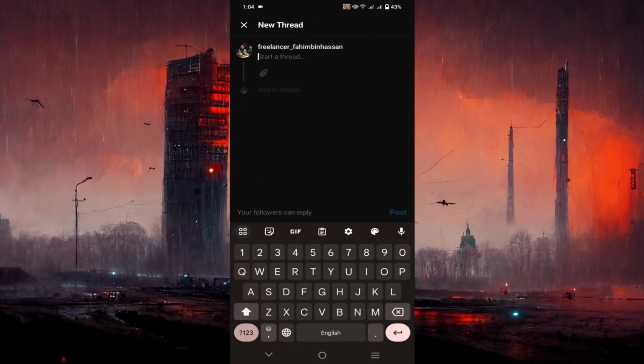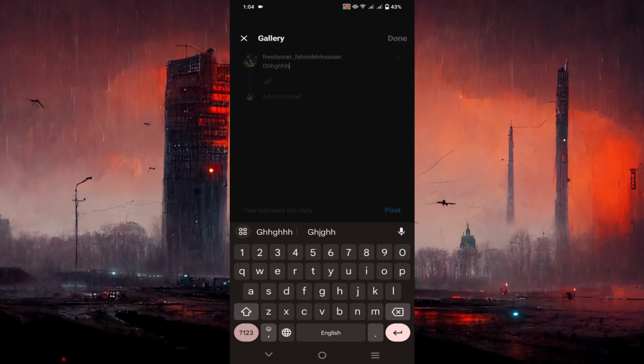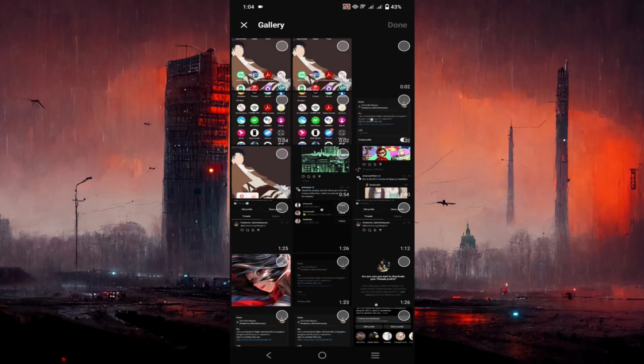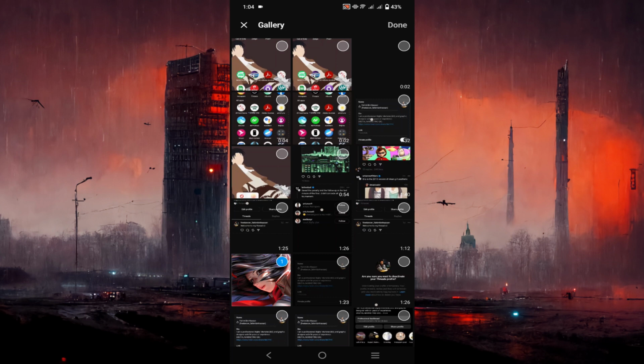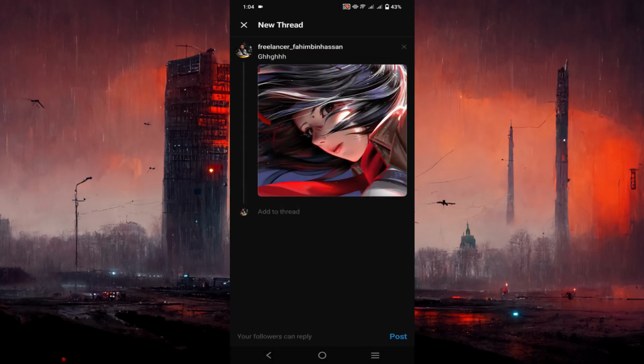Just click here, and here you can type anything, and if you want to post a photo, just click this clip icon here. Just click here and you can select any photo from your gallery. I'm just going to select this one, and just done, and select post here,